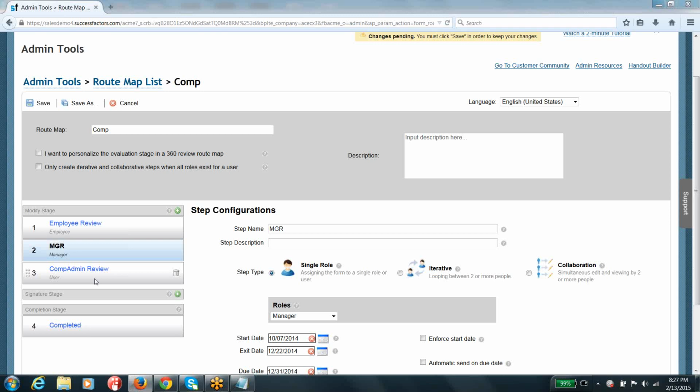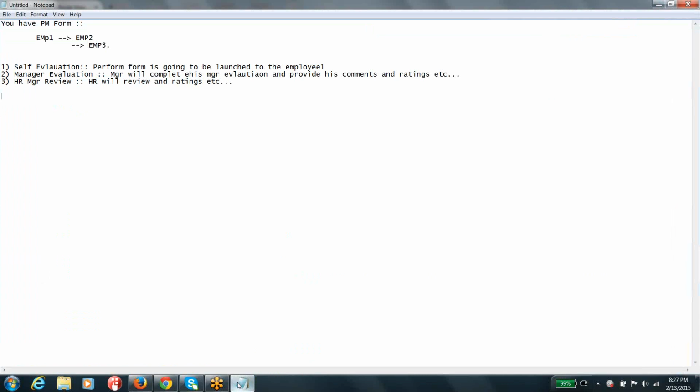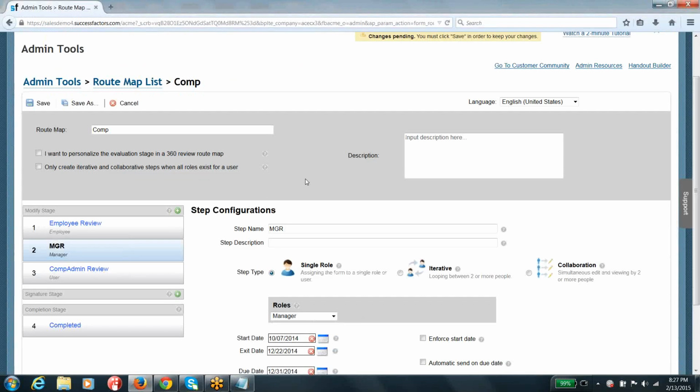Yeah, so one level manager is good because I think it will directly pull from your employee profile who your next level manager is. What if it's a first level manager and a third level manager or second level manager? Yeah, you will be able to do that. So how does the system know who my second and third level manager is? I'll show you. If you just look here, based on the configuration that you have, let's say manager, second level manager, matrix manager, HR reps manager, or otherwise if you are not interested in following these roles, you can just go ahead and keep the user also.